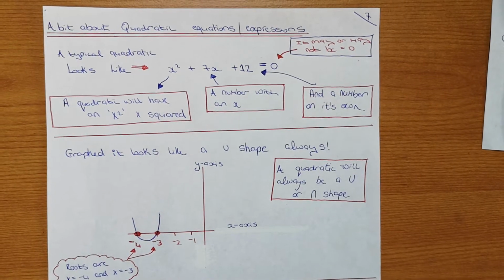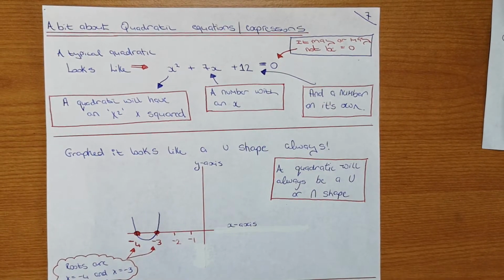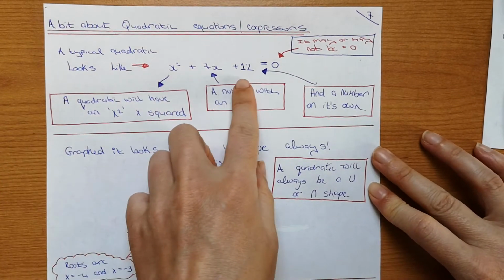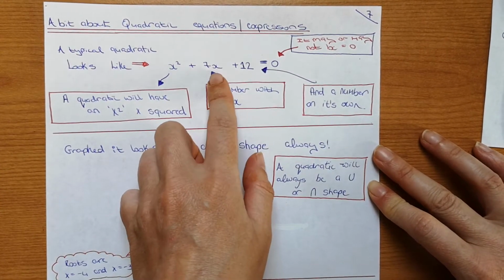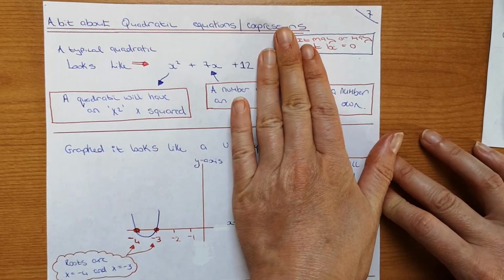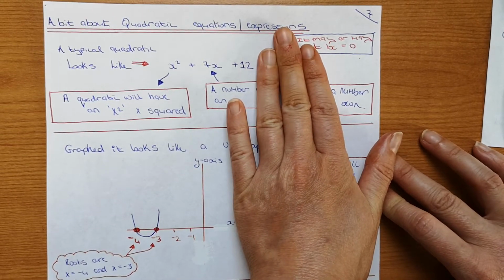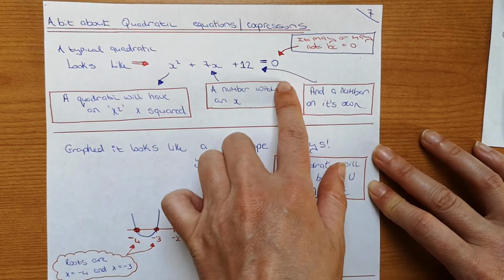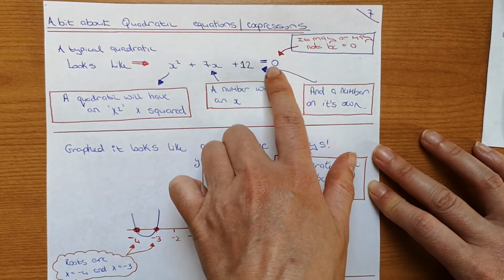Right, a little bit of theory on the quadratic. Important to know this. A typical quadratic looks like this. You'll have an x squared, you'll have an x, and you'll have a number. And sometimes you'll have an equals and a zero, but sometimes you won't. You'll just have the quadratic expression. If there's an equals and a zero, it's called a quadratic equation because you have an equation made with an